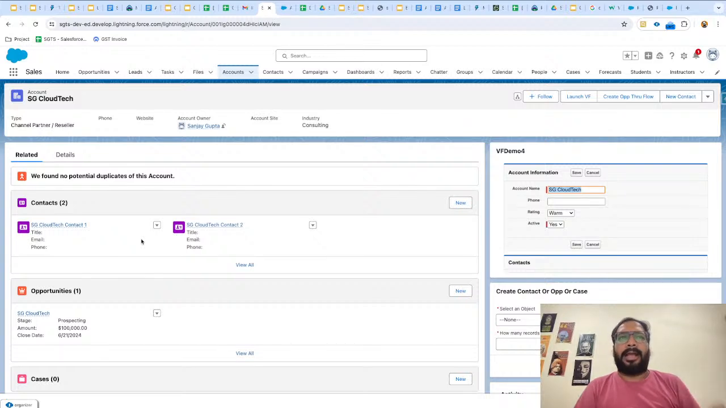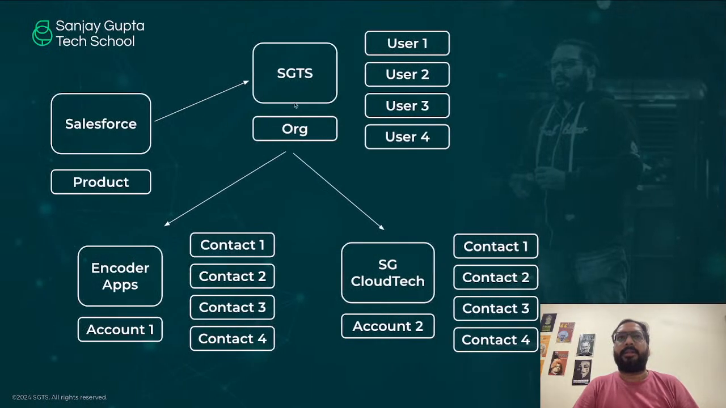Okay, so if any organization is using Sales Cloud to manage their sales cycle, they need to create company information as account, and the employees which are working in that company will be treated as contact in the org. Okay, and the employees of SGTS, we are taking this example, so employees of SGTS will be